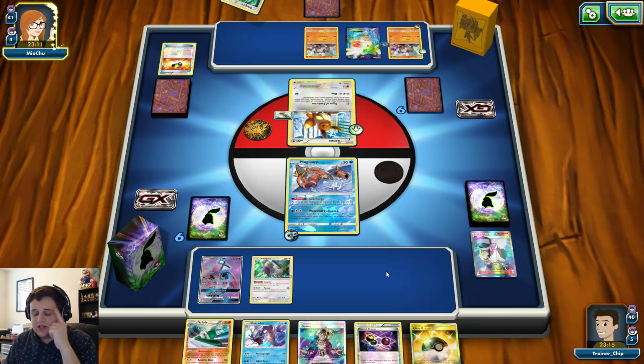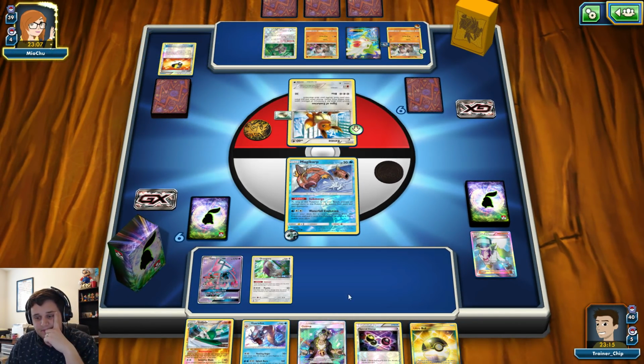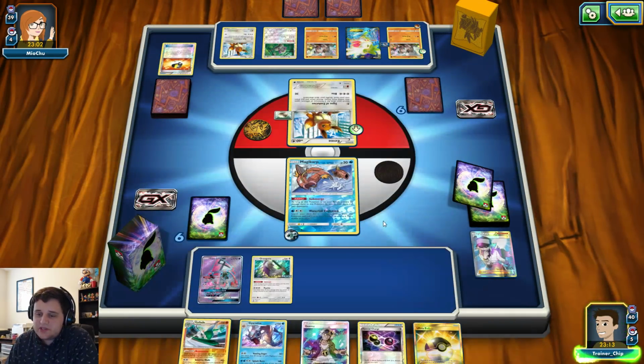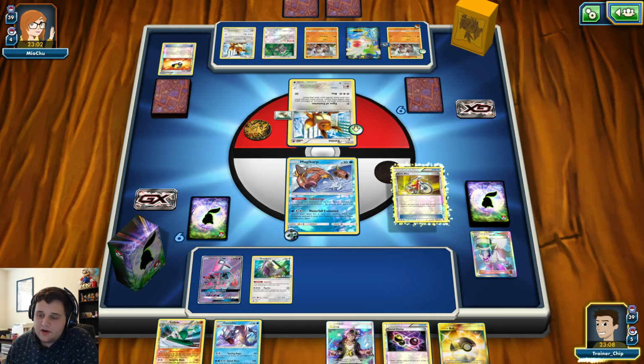And that would actually give us the Maxies. Oh wait, no, because we can't evolve the Gyarados anymore. Never mind. I was going to say, because then we get to play Special Charge. Interesting. Chooses to pass, though. Okay, and depending on what we get here...